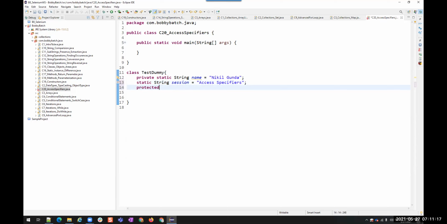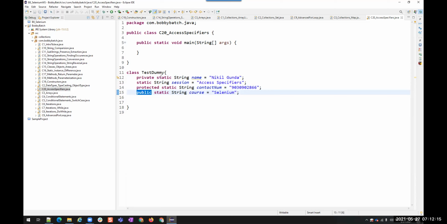And then I have protected static... and then public static String... So I have four different variables now. One is private, one is default, one is protected, and the other one is public.